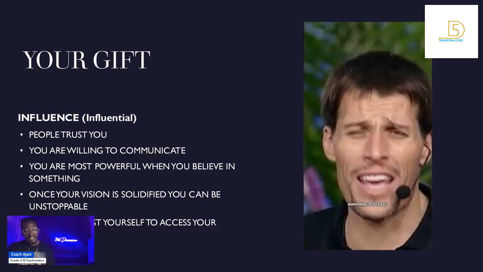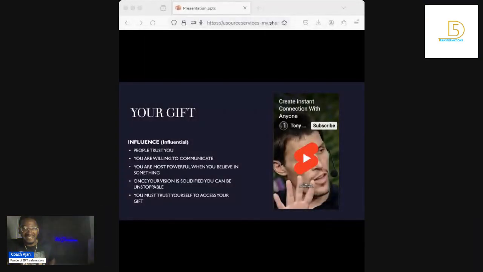But most ENFJs, they have such a high moral compass and moral standard that they do not want to violate people's trust, and they generally do not have any nefarious intentions. They are here to assist and make you a better person. Okay? So that is very important for people to understand. These people are positive people that generally want the best. And a good example, and let me show a good friend here, our guy, Tony Robbins, ENFJ, great example of ENFJ. Let's just listen to some of his information.